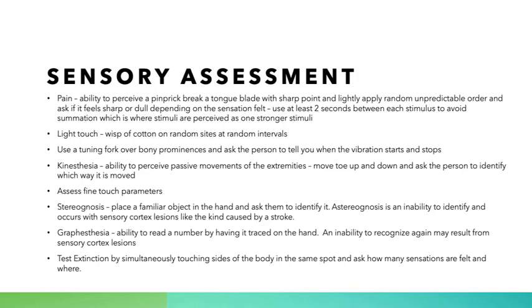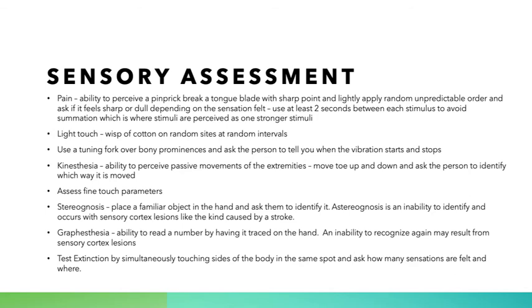Another thing that we can do is called graphesthesia, and this is their ability to read a number by having it traced on their skin. So again, ask the person to close their eyes and use a blunt instrument, such as maybe a pen or a reflex hammer at the other end, and trace a simple digit or letter onto their palm and ask them to identify it. If they're unable to distinguish the number correctly, here again, this can indicate a lesion in the